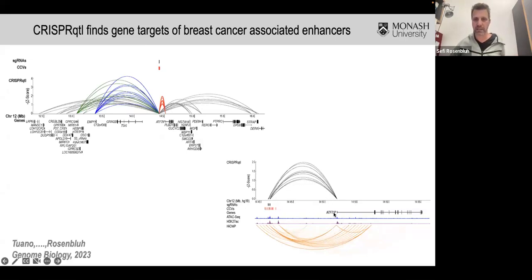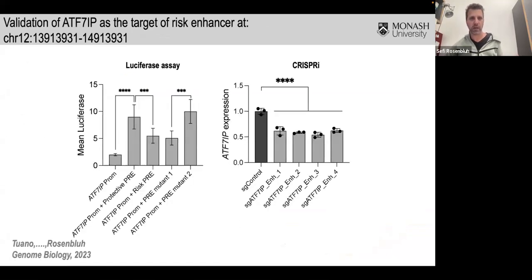And we can see that for this gene here, this enhancer was able to suppress it with all the guides, basically suppressing the expression of this gene, which we then validated in a lower throughput setting. We showed that when you target that enhancer, either by luciferase assay or by CRISPRi, we can suppress the expression of this gene, showing that this enhancer actually targets this gene, ATF7IP, and together with other screens we published this a while ago.